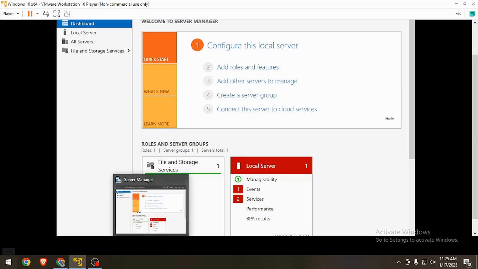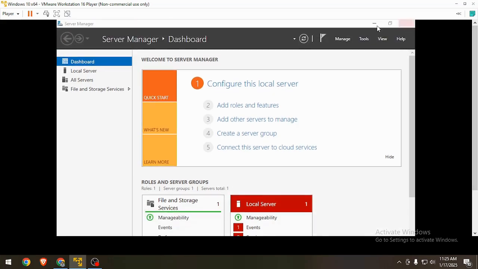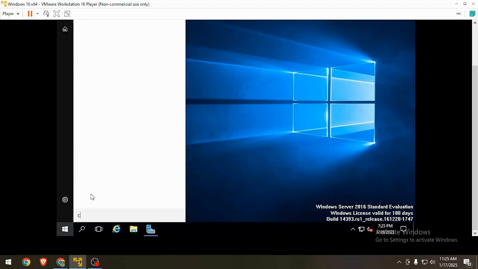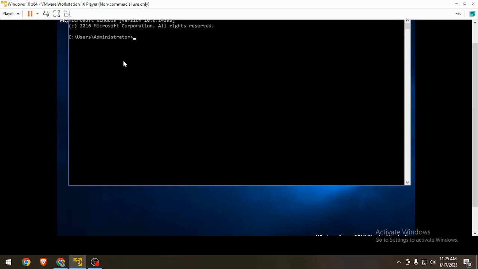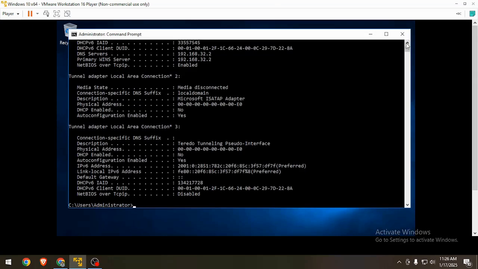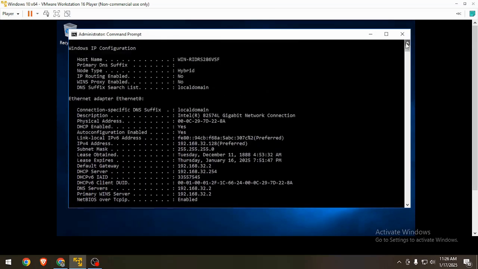I want you to go to your own CMD prompt. Go to command prompt and then type ipconfig /all.